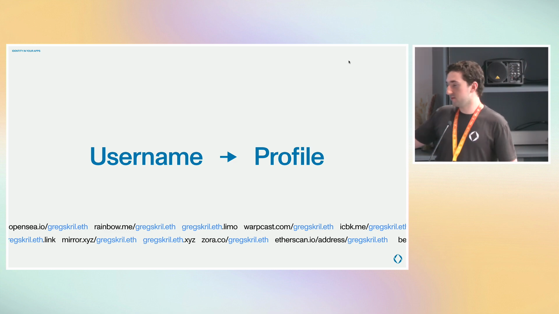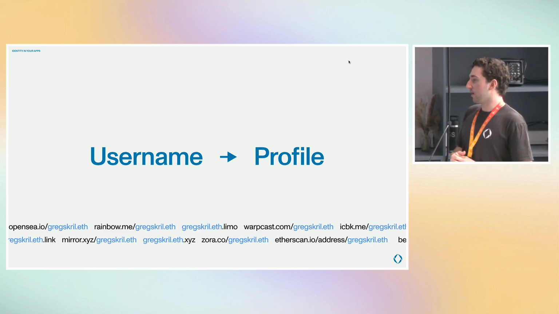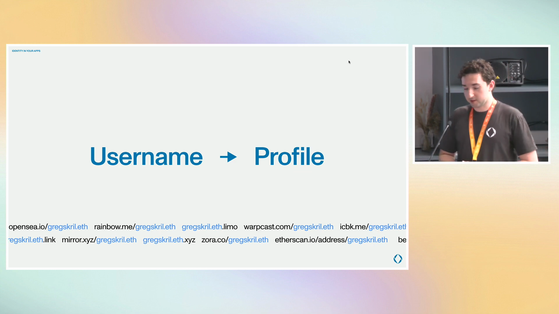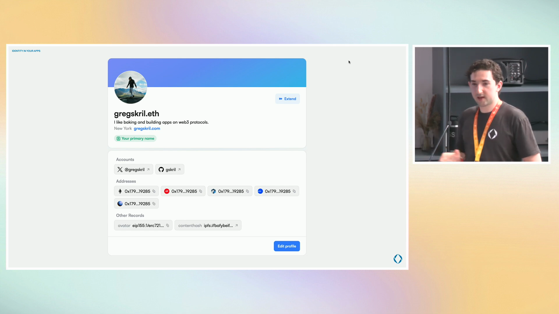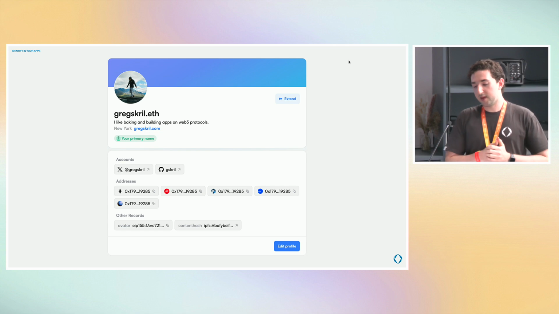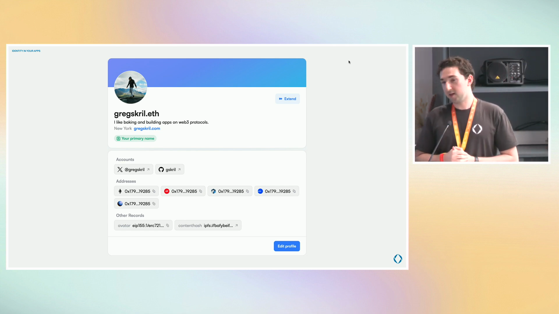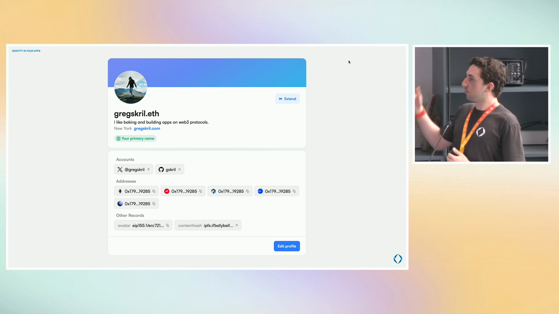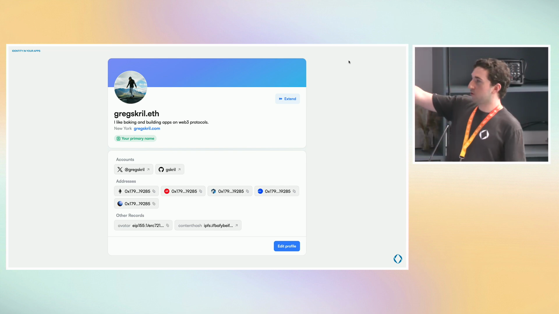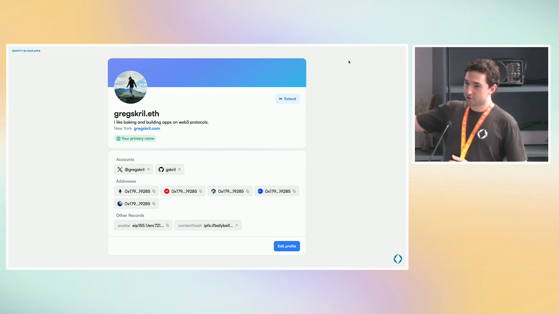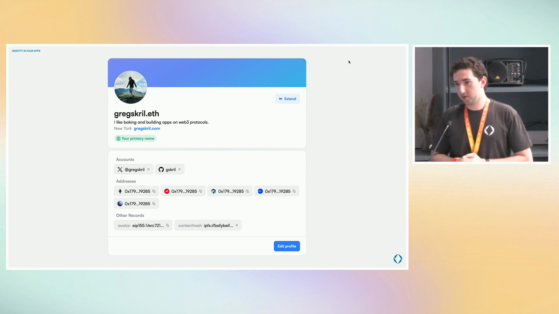So all of these are different dApps, not built by ENS, but that recognize my name as part of my identity because, again, it is a portable Web3 identity. And just to really hone in on the idea of a profile versus a name, most people think it's just name.eth and then some ETH address for mainnet Ethereum and call it a day. But really, it's important to highlight that there's a lot of other metadata attached to a name as well. You know, I have a description, a location, and an address for different types of chains as well. So it's just important to realize that it's really an ENS profile, even though we call it an ENS name